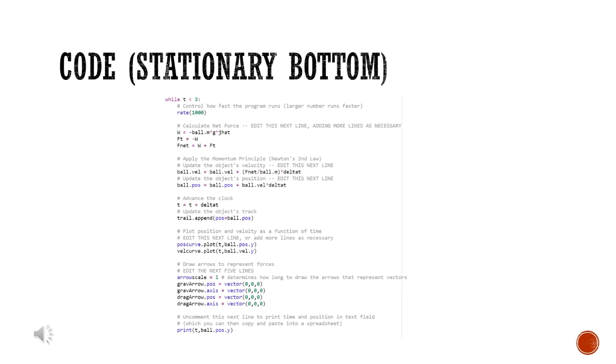So the first part of the code will be when the bottom of the spring is stationary. You will have to include the total work done, which is the mass of the ball times the gravitational force times J hat. And then from there you can get negative Ft, which is negative W, and then you get your net force. From that you input the net force into your velocity update formula,